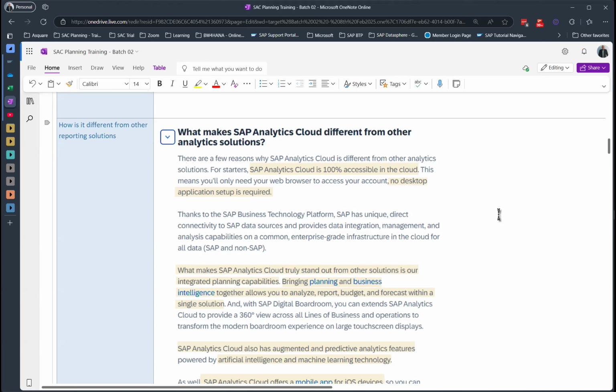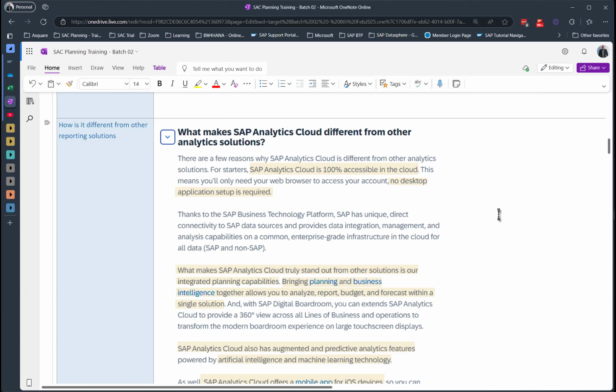And then, of course, SAC can write back the data from SAC to S/4HANA. It can write back the data from SAC to BW/4HANA. That is not possible with other reporting tools like Power BI, Tableau, QlikView or QlikSense. And even if it is possible, it is very complicated and has its issues and limitations. But with SAC, you can easily do it. The official word is retraction, or sometimes also called write-backs. So it can very easily write back into your SAP software.